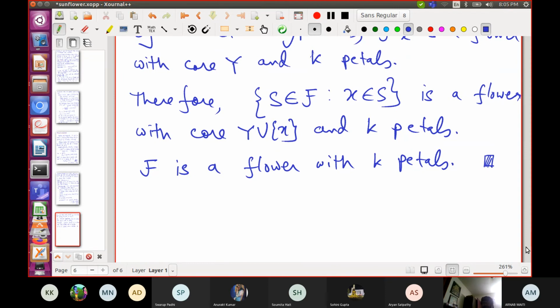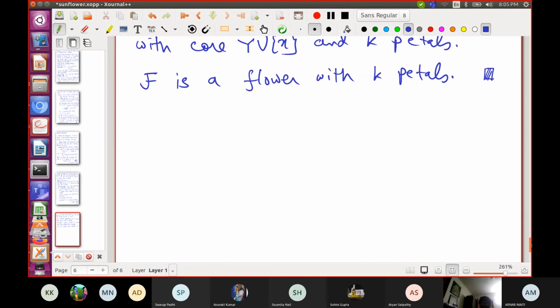So maybe now let me show you the tight example and then stop. The digital circuit application of the sunflower lemma may be a bit too much for a single session. So now let me give you a family with k minus 1 to the s sets, which does not have any sunflower, even any flower with k petals.